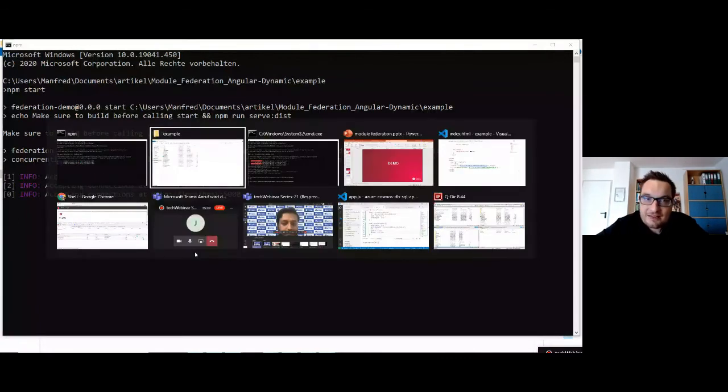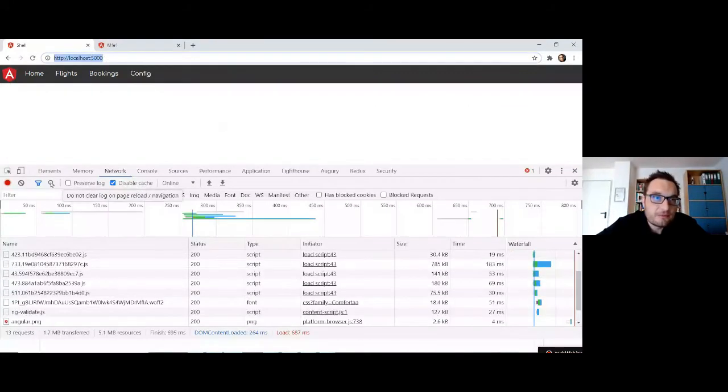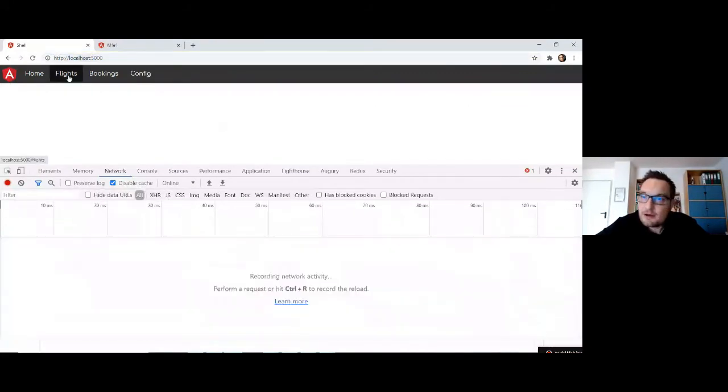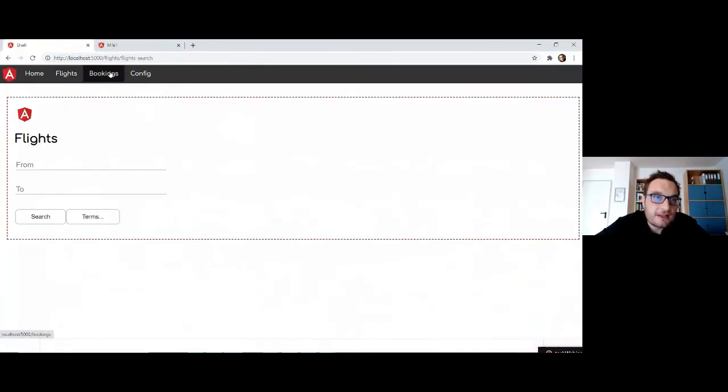And this other example also has a shell at location 5000. And it also is capable of loading other stuff on demand into its working area. You see it here, we have a red microfrontend, we have a blue microfrontend. But the thing is that this shell does not know upfront about our microfrontends.